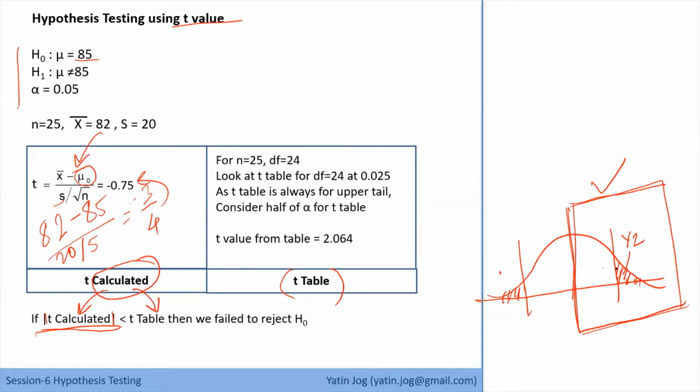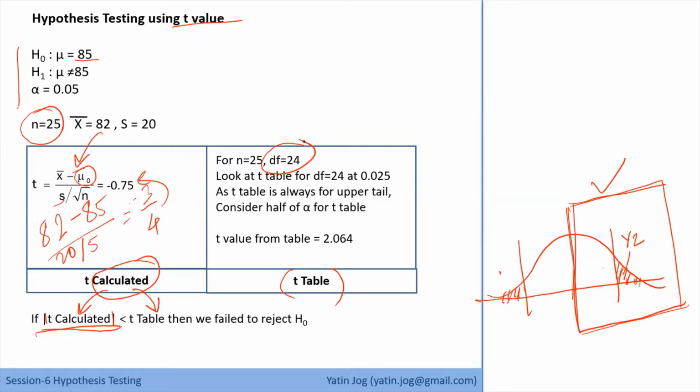Now the value of n is 25. That means we have 24 observations and we are dealing with samples. In case of samples, we consider 1 degree of freedom that we have discussed. So n minus 1 is 24. So my DF value, degree of freedom value, becomes 24. So I have to look at the row of 24.